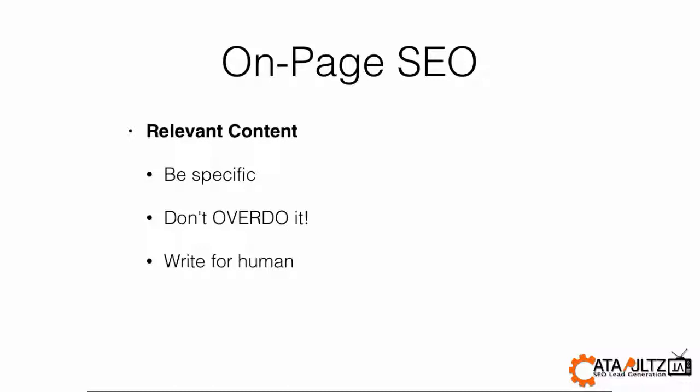Don't just get bogged down with people saying, oh, you gotta have a blog to have fresh content and things like that. Blogs are good to have fresh new content, but that doesn't mean that you should overlook the existing content that you already have. For example, with the products or services that you're offering, you have a unique selling proposition across all the sub pages. You should make use of those real estate,